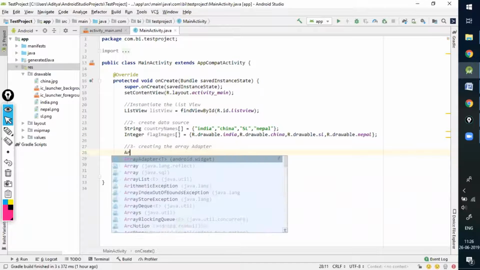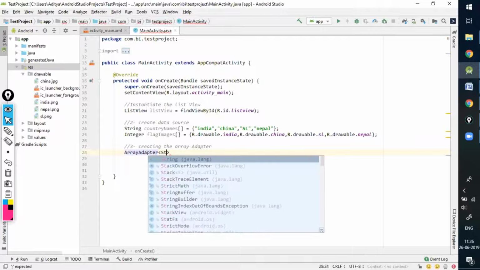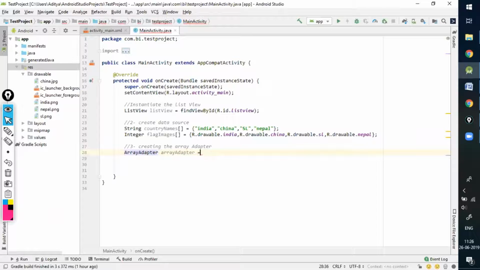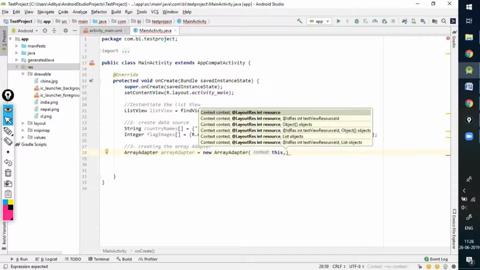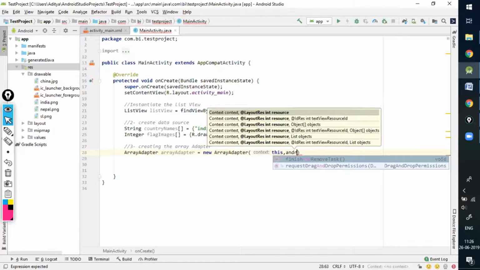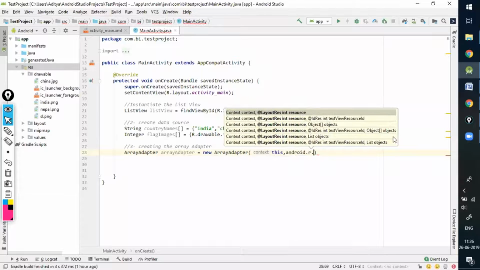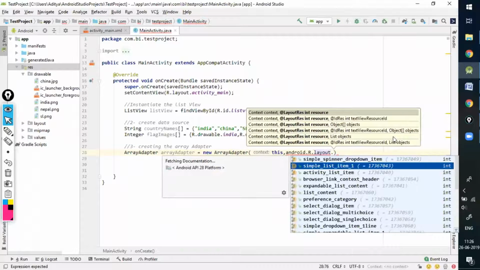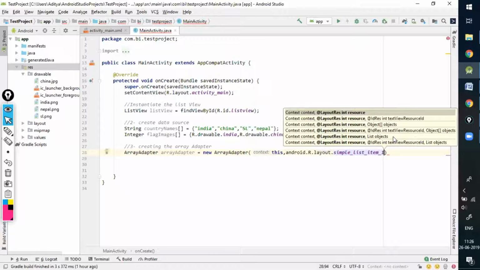If I'll just create the normal array adapter, what will be the problem? ArrayAdapter equals new ArrayAdapter. What is the first parameter, guys? This. The second parameter, layout resource file, android.R.layout.simple_list_item. This is the default layout.